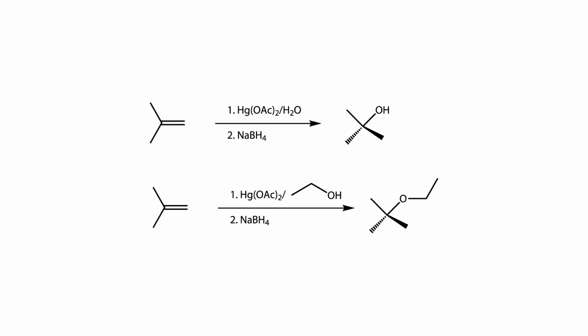So if I do something like this, if I did an oxymercuration, what I would see is I would get an alcohol on the more substituted carbon because it's the better cation. That alcohol comes from water. In a lot of reactions, if we substitute an alcohol for water, we're going to see the same type of thing happening. So here's what that looks like. If I use the oxymercuration conditions, but instead I use an alcohol. So I'm just going to make it ethanol to make it simple. And then the same reductive conditions,